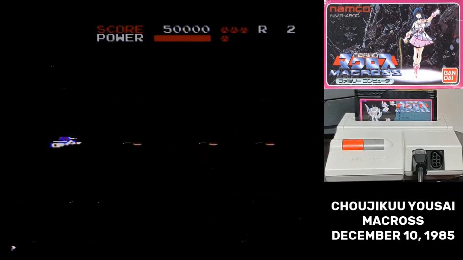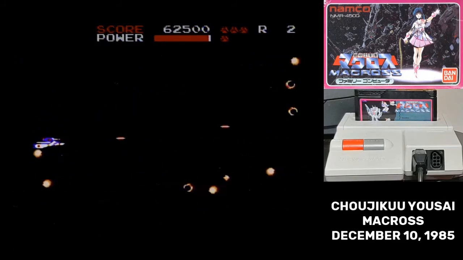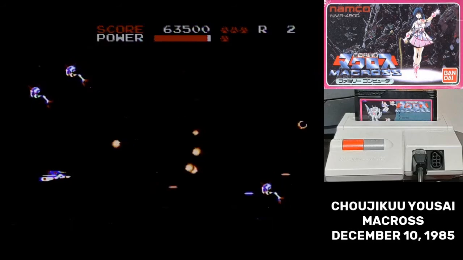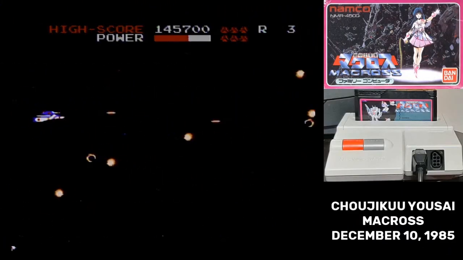You have a health bar for this one. Your Veritech fighter has a health meter, and you can recover life by picking up these P-balls. You can shoot the P-balls to knock them back, but that's the only effect shooting them has. You can also find a B-ball for bonus points, an E-ball for an extra life, and an M-ball which gives